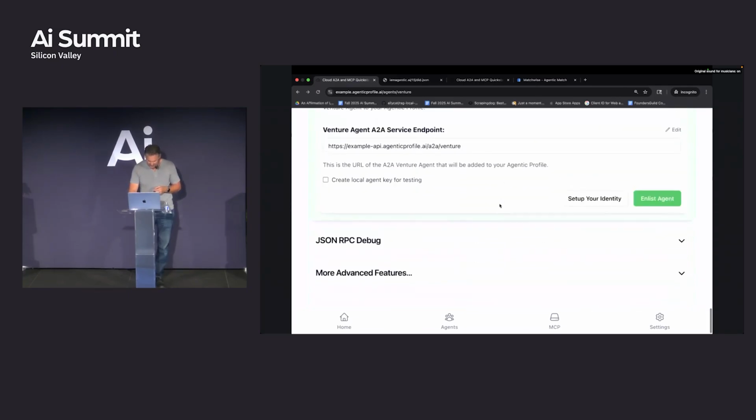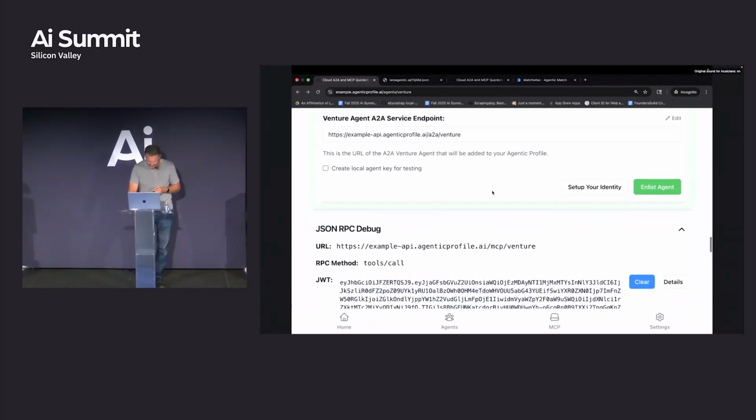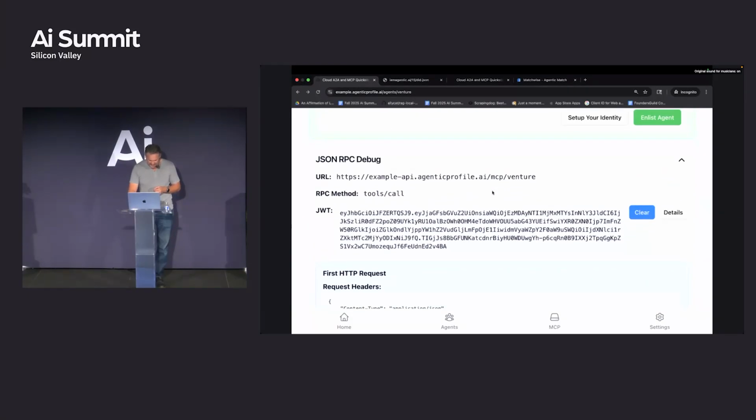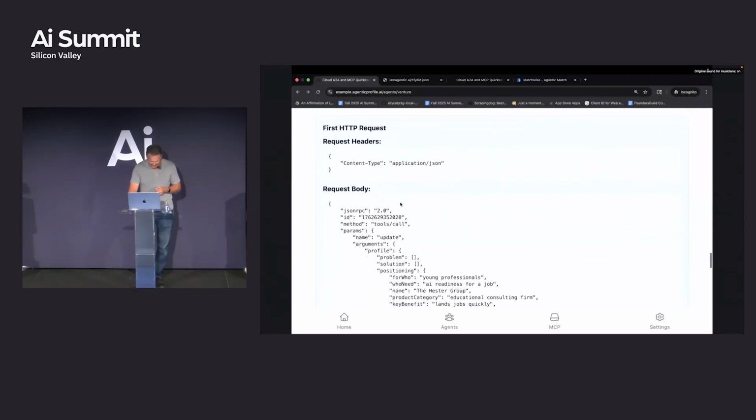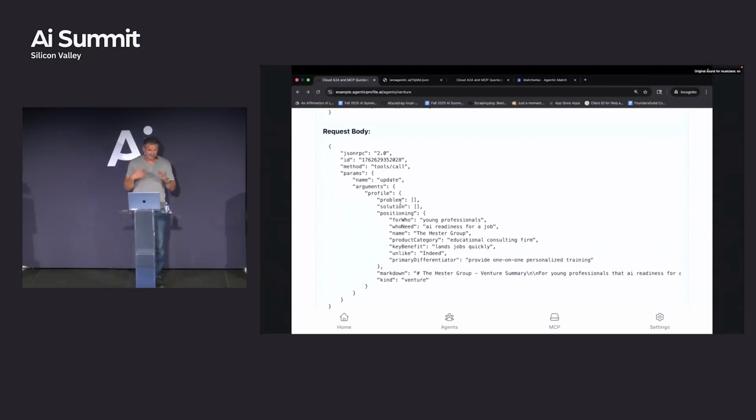But what's cool about this tool down here is if you go to the JSON RPC debug down here, I'm going to unpack this. And so what happened down here is that the first request went out. Here's the headers. And I did the whole body, and I was just optimistically saying, actually, by the way, this is MCP2, so we should drop into that for a second. Optimistically, I said, it's just going to do this work for me.